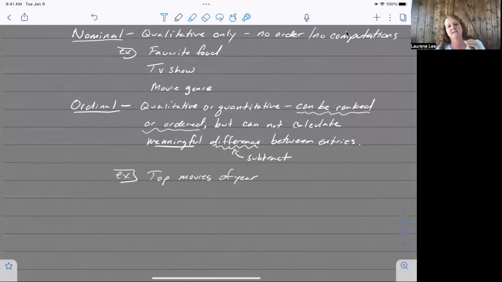But I can't subtract the movie names from each other. So that's the difference issue. So when you're looking for a set of data to be ordinal, you're checking two things. The first thing that you're going to do is, can I put it in an order? Does that make sense? So anytime I say top blank of anything, you're at least ordinal, because there's a ranking